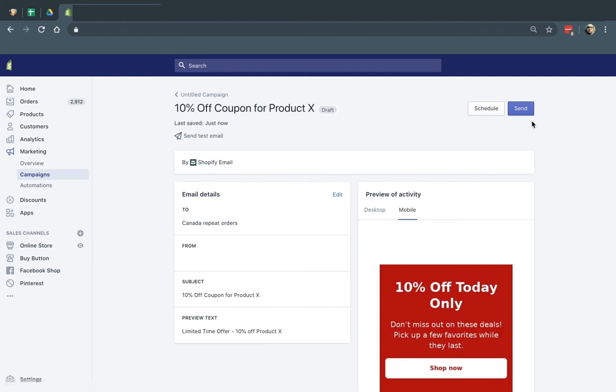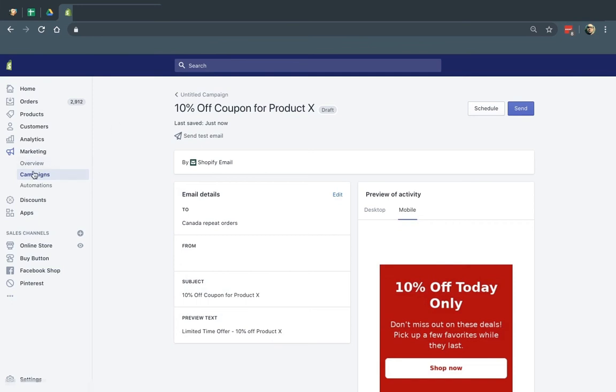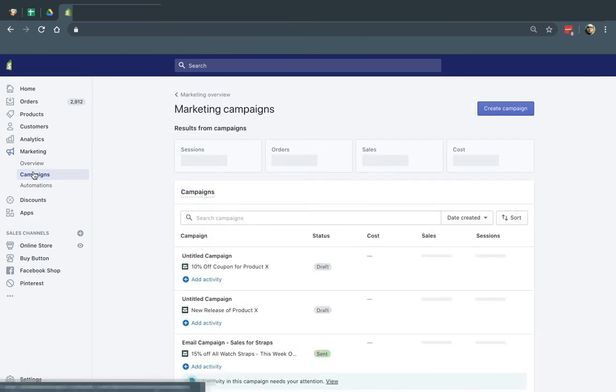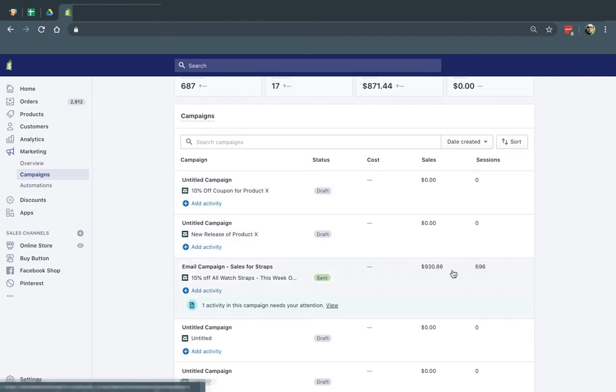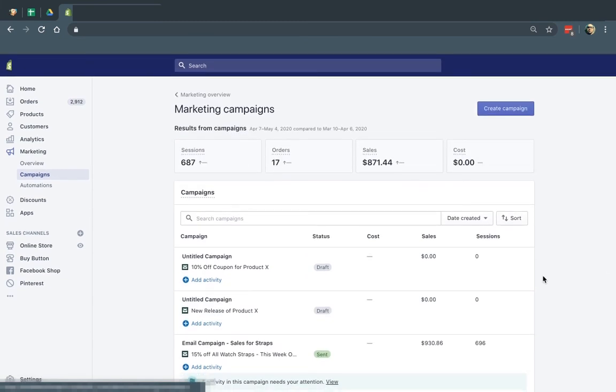So I have two things. If I click on the send button right here, it'll send immediately. If I click on schedule, I can specify a schedule, right? Time and PDT, schedule it, and send it out. And once you do that, it'll go back into the marketing campaigns right here. It'll have it. And then once it's sent out, you'll have data just like here. That's really, really it. It's very, very simple. It works well. And so far, it's very simple and it works very well.